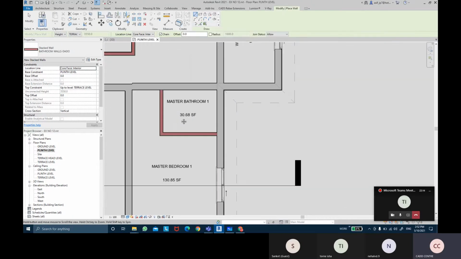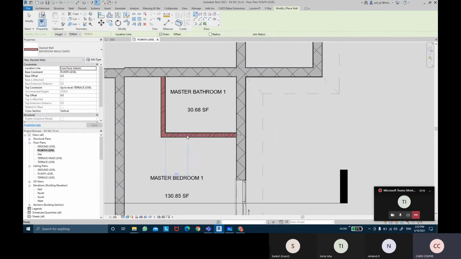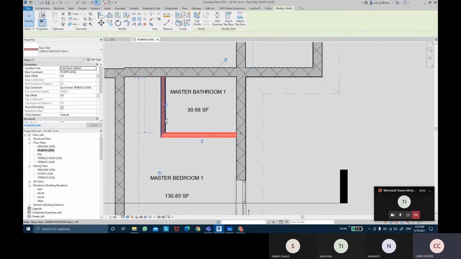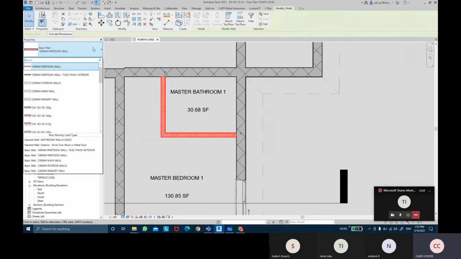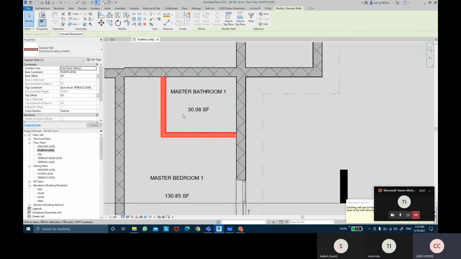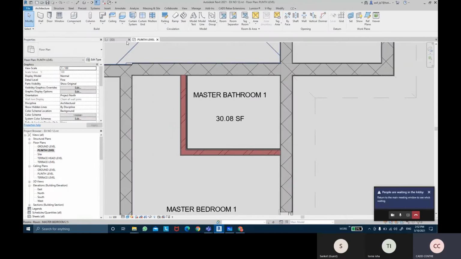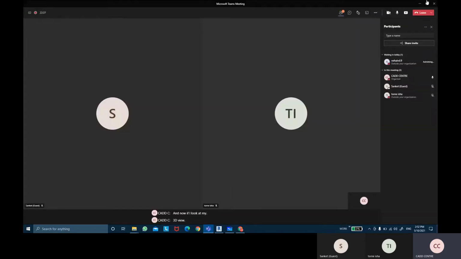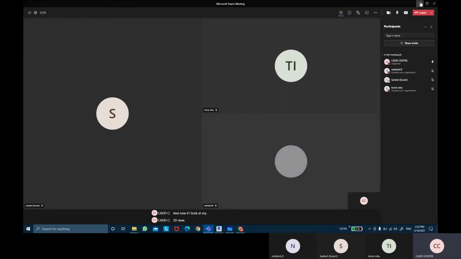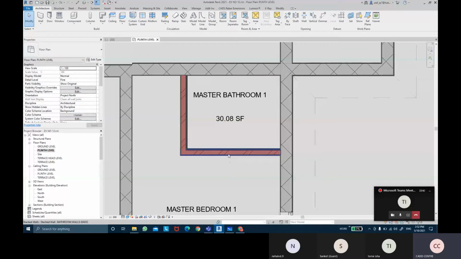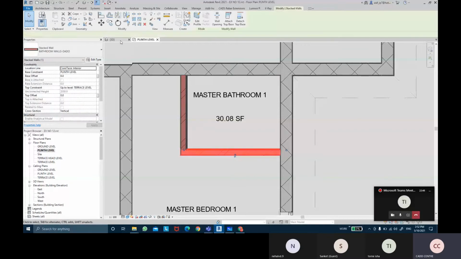Once again, now I just wanted to convert these walls into stack walls. So I can select these two bathroom walls, and then I can convert these into my stack wall, bathroom wall dados, and click on OK. Stack wall dado. And now if we look into the 3D view,